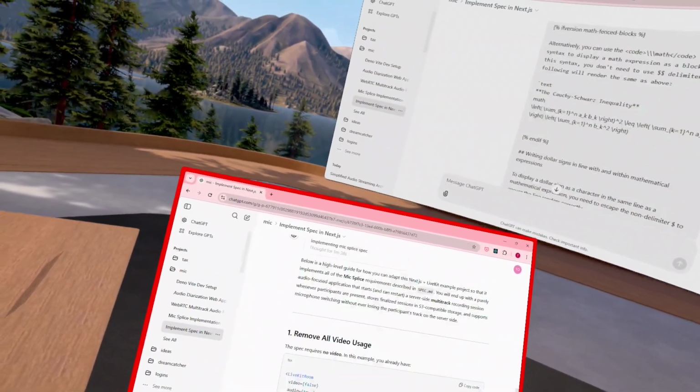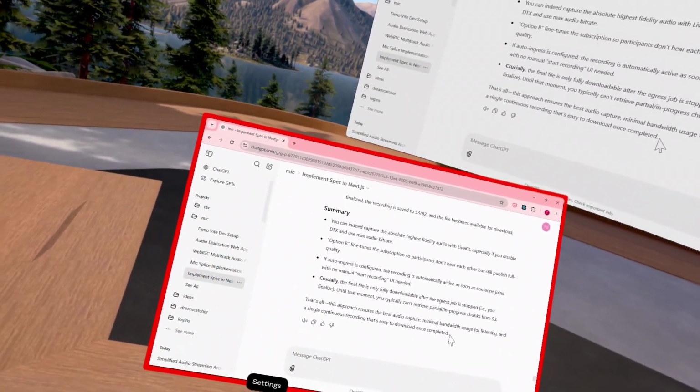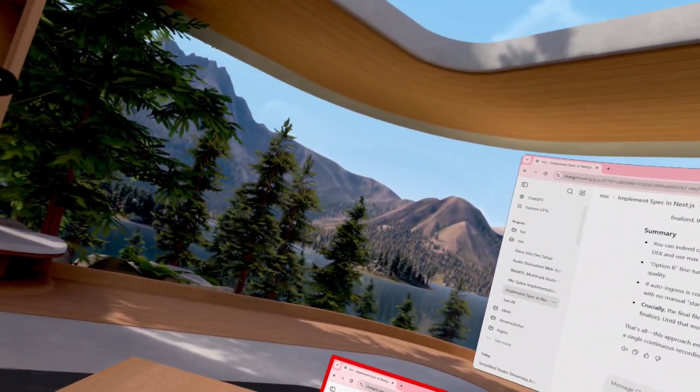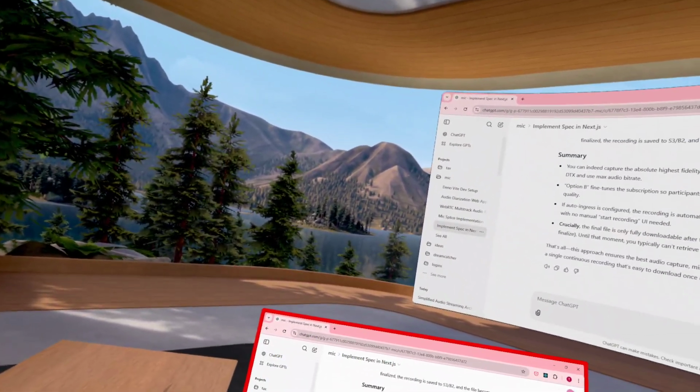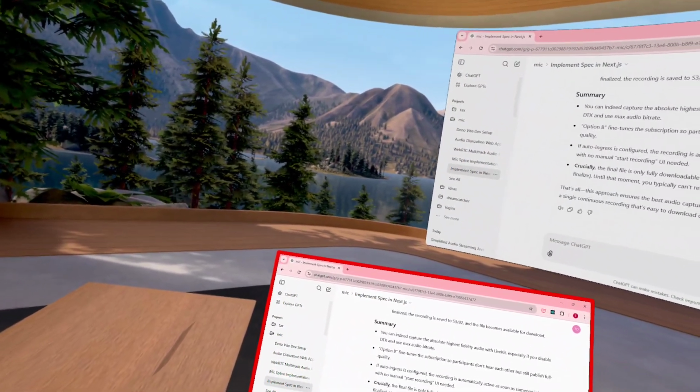The approach I'd taken was using LiveKit, which specializes in low latency, high quality WebRTC calls and orchestration.